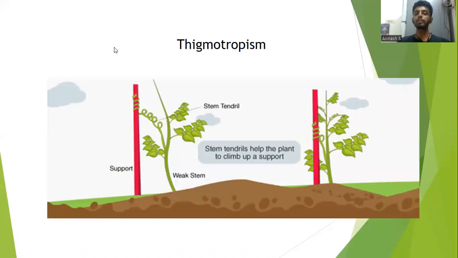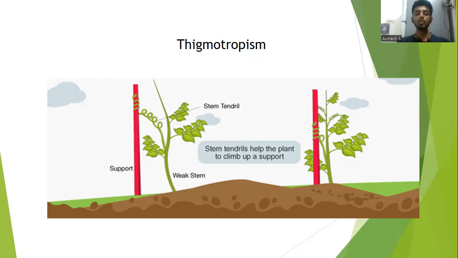The next type of tropic movement is called thigmotropism. Here thigmo stands for touch. We have learned this in thigmoreceptors, in the types of receptors. So thigmo means a stimulus of touch. When the external stimulus is touch or support, then the plant will behave or grow in a particular manner. That is called